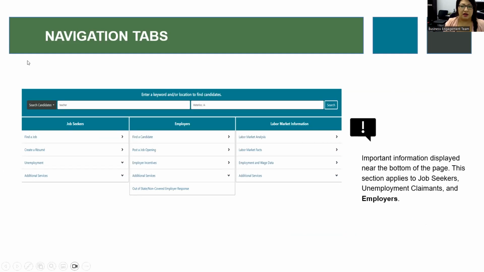But they don't have to log in or have an account to just view the openings. It also has a tab for employer services and different tools you can use as an employer, as a school district, like finding a candidate, posting a job, different incentives available, and additional services. You can also view the labor market information as well.